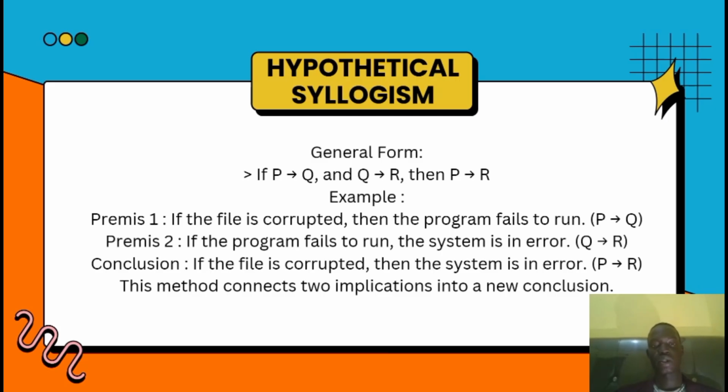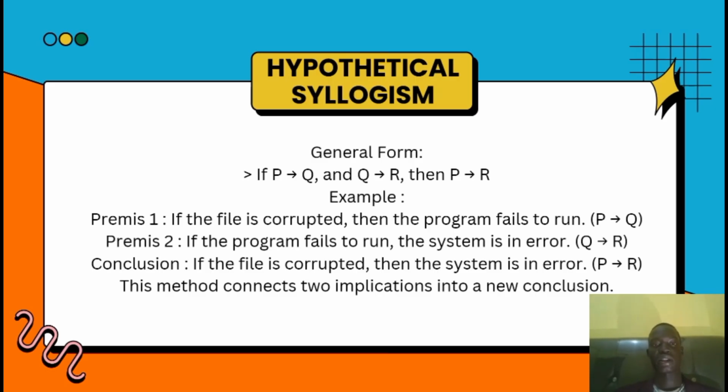So those errors can interrupt or corrupt the file. Then if they corrupt the file, the program will fail to run. So definitely it means that P implies Q is true. So premise 1 is true, because if the file is corrupted, then the program fails to run,